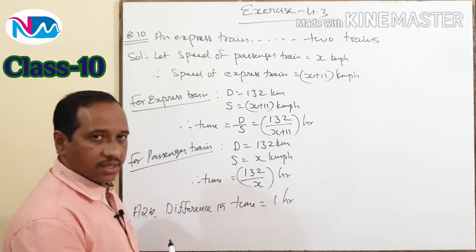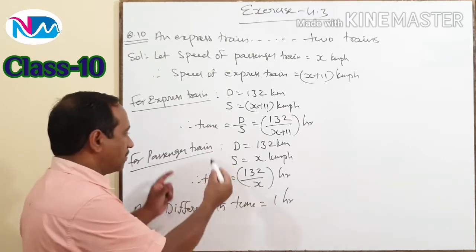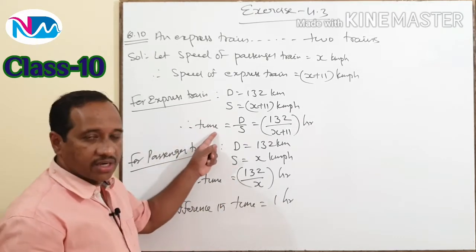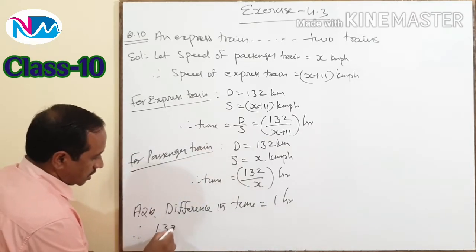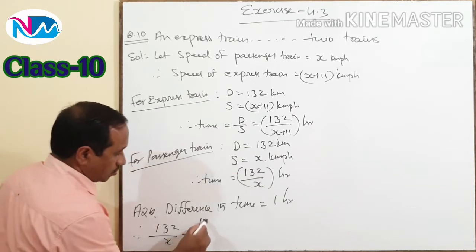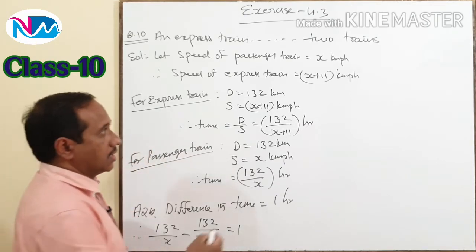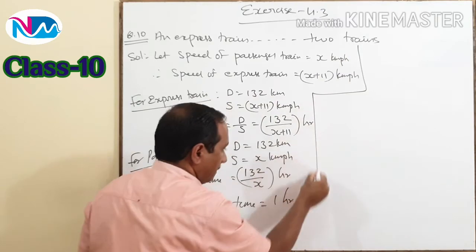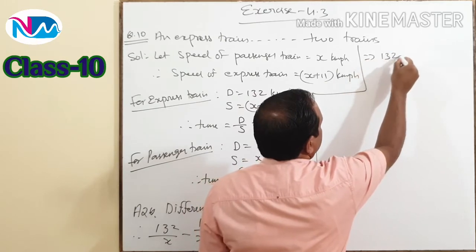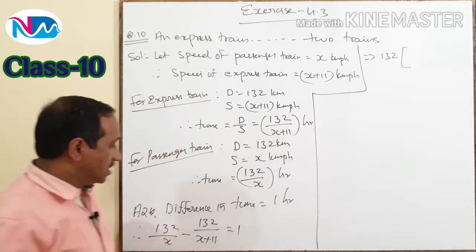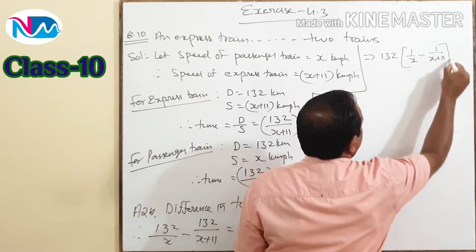Here, very clearly, the passenger train takes more time. So, the time required for the passenger train minus time required for the express train is equal to 1 hour. Therefore, 132 by x minus 132 by x plus 11 is equal to 1. Here I take 132 common, then inside the bracket we will have 1 by x minus 1 by x plus 11 is